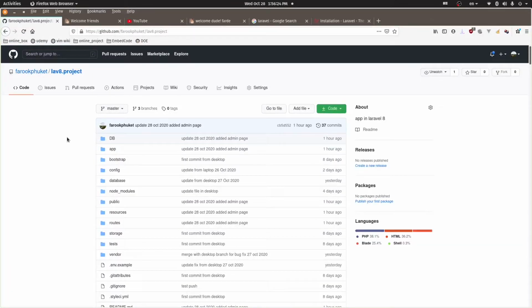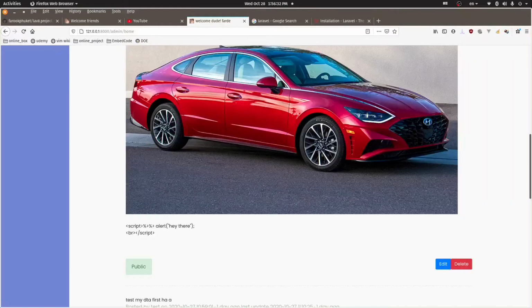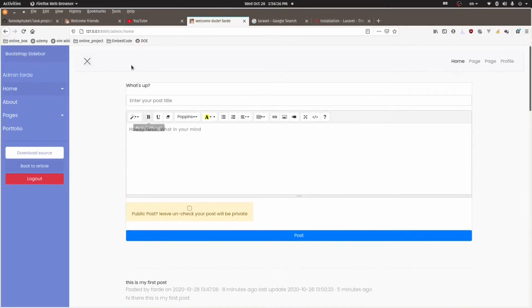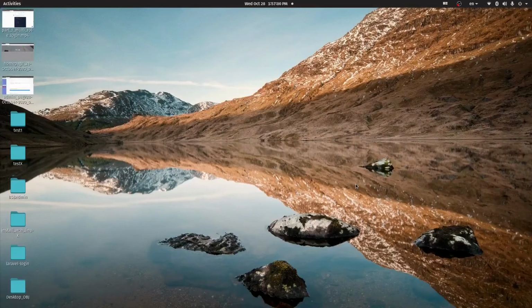So if you download this, this is how you're going to do that. All right, and they show you that you can log in with a multiple-role user too, and it's working now. All right, so from now on, what you want to do, you go ahead and do that. So that is how you're going to make it.